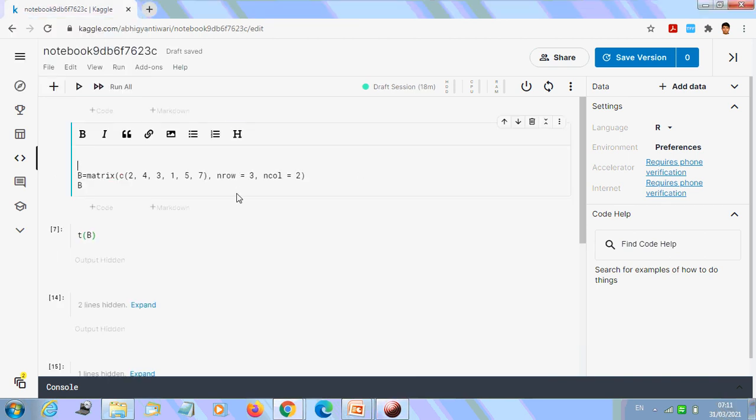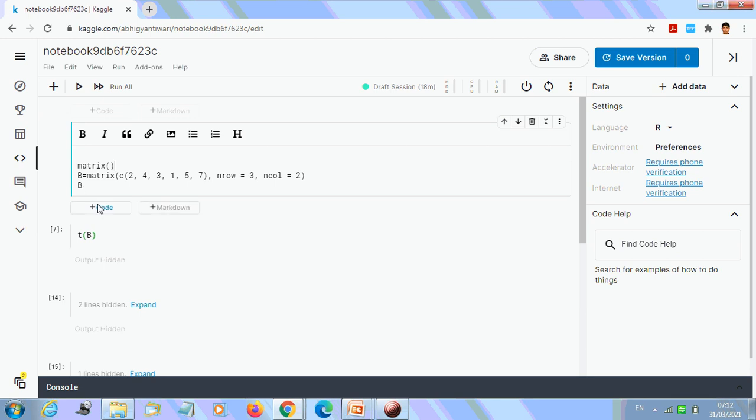So this is how we are going to make a matrix. Today we are going to see matrix, and for matrix we have a matrix function. This is the matrix function that we are going to use. To make a matrix, we write matrix, and we have to pass the parameters. What are the numbers? You can write this one. After that, there are two arguments: the number of rows and the number of columns you will have to give. I have assigned this matrix to B, and we are going to print this B.